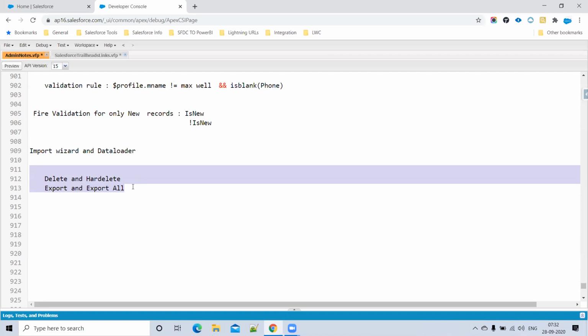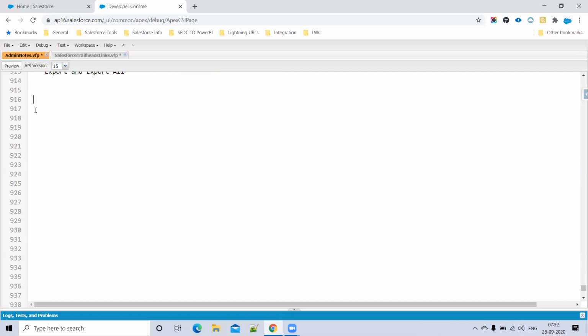Export all exports all the records that are currently in Salesforce, plus the recycle bin records are also exported. You can export even recyclable records in export all. Okay.